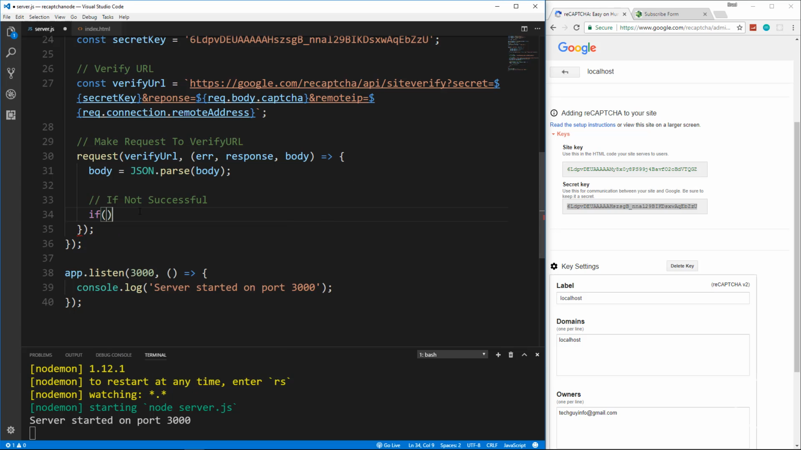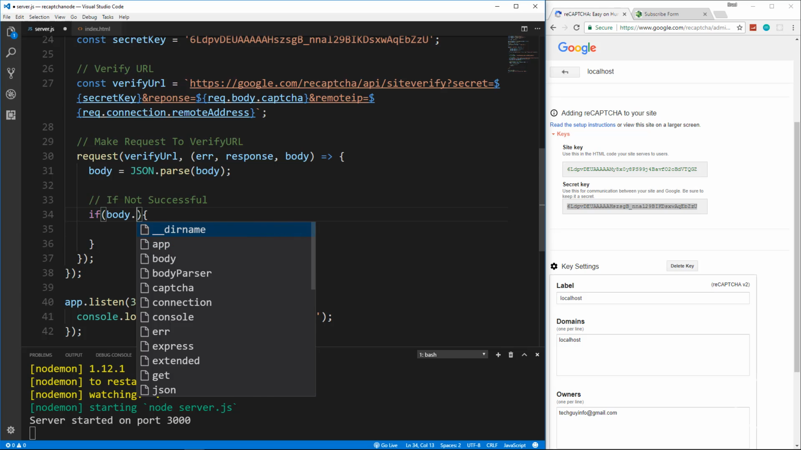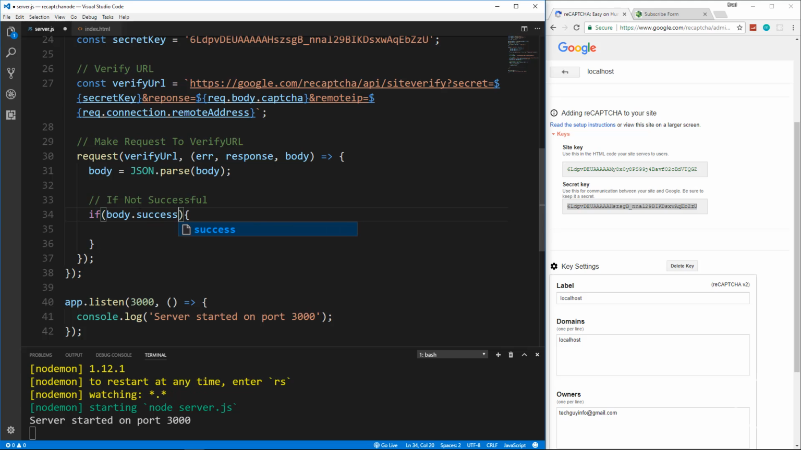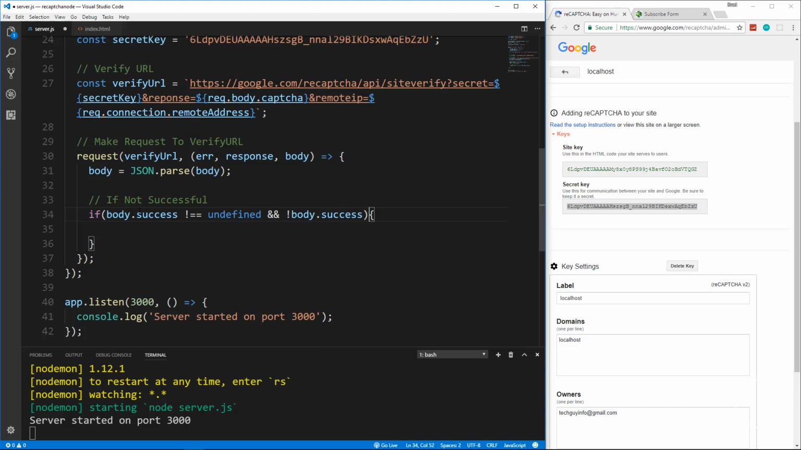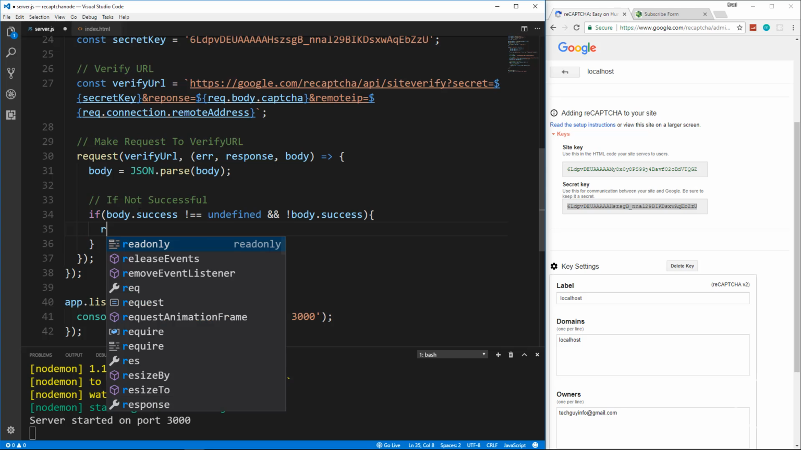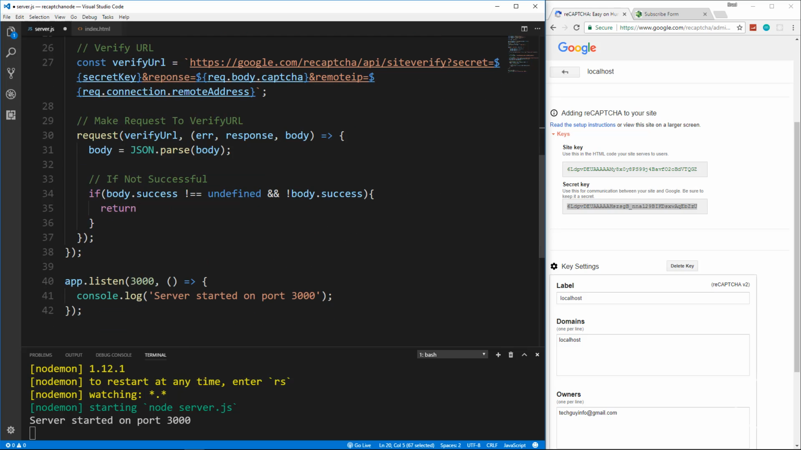So we'll say if body.success is not equal to undefined and not body.success. All right, so if this is true, then it's not a successful CAPTCHA. So we want to return, actually we'll just copy what we did up here. Okay, so we'll paste that in, and we'll paste the message here, and we'll say failed CAPTCHA